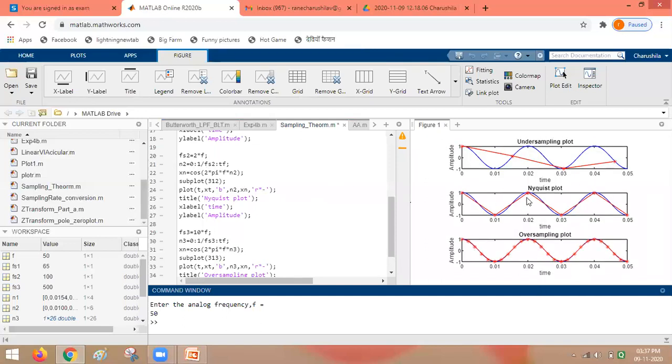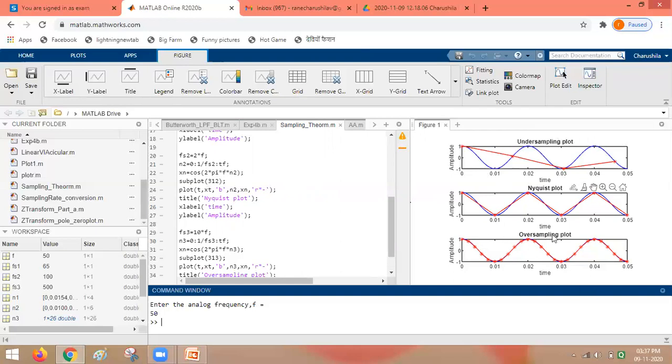Since I want to observe three waveforms in parallel, the first one is the undersampled waveform, the second is with sampling rate selected as Nyquist rate, and in the third case the sampling rate is more than the Nyquist rate. As we are observing three different waveforms in a single window for comparison purposes, we have to split the figure window into three sections. That's why the subplot instruction is used with the parameters 3, 1, meaning we need 3 rows and a single column.